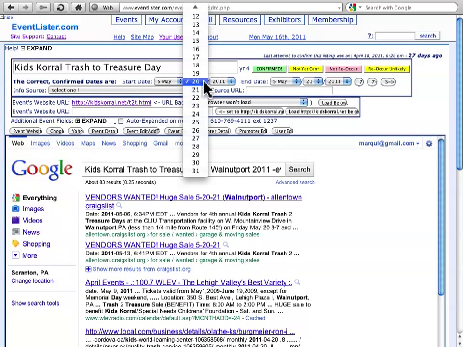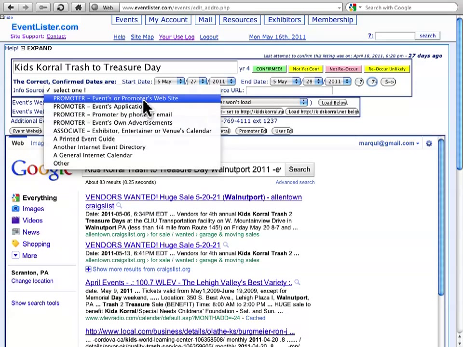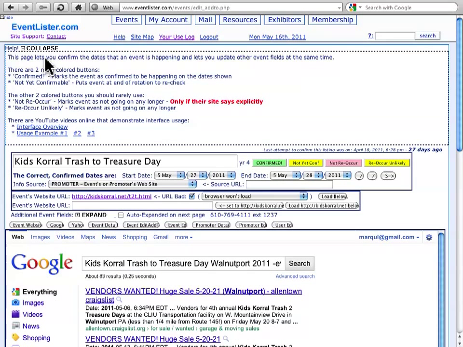You could just change this to the 27th, 28th, but I have this button here that goes -7 or +7 days. So instantly adding that 1 week. And let's say I knew that I heard it from their website. So after you just fix the date and the info source, you would just hit confirmed. If you were doing this, you really wouldn't hit these other 3 buttons. You wouldn't come in here if you knew the date to confirm it. So it's really all you do for this in this case. There's more help on this interface right here, some